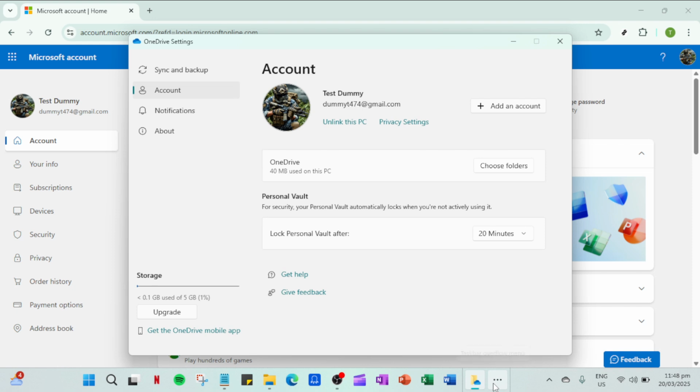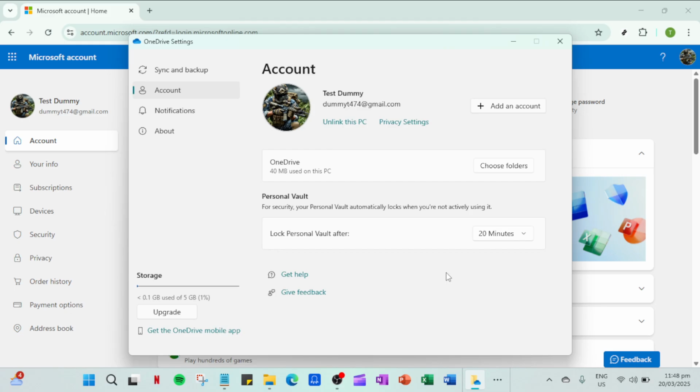Work and school accounts are especially handy for keeping professional documents and collaboration separate from personal files. However, a key piece of information to remember is that you can only have one personal OneDrive account on each device. While this limitation might seem restrictive, it's designed to prevent possible conflicts and ensure smooth syncing across devices and accounts. Nonetheless, you can add multiple work or school accounts, which is great for those who juggle multiple professional roles